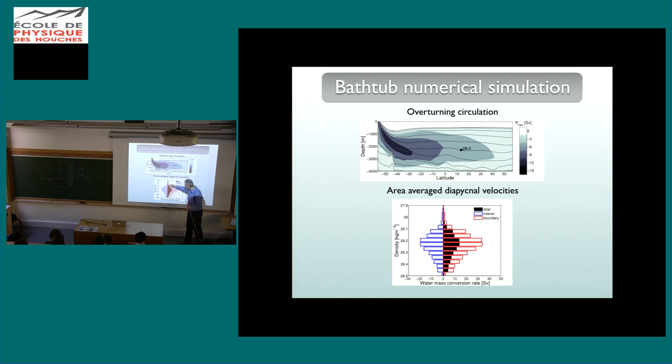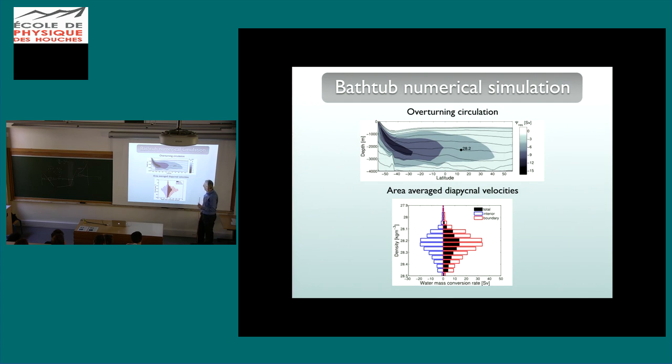So it's a black line, and you see that it gets largest at the density of 28.2, and it's close to 10 Sverdrups or a bit more, and then it comes back. Now this is exactly the picture you're seeing there, because I'm taking a zonal average, so I average both what happens in the boundary layer and the interior. If I look at the density surface 28.2, it has a value close to a bit more than 10